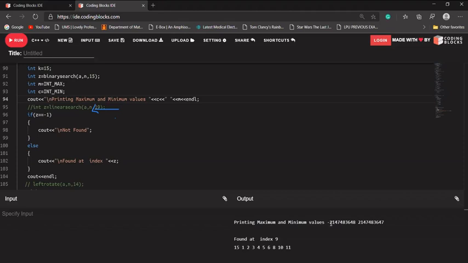So minus 2147483648, that is minus 2 raised to power 31 or 32, I'm not sure about this.